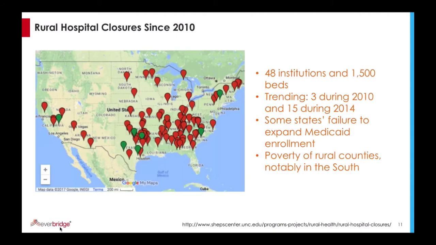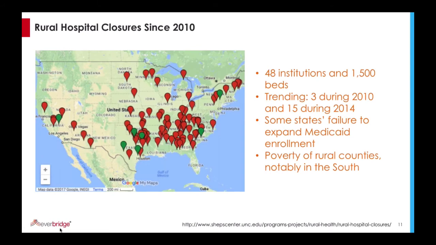However, they're difficult to maintain. About 48 institutions and 1,500 beds came offline since 2010, the first half of the current decade. The ones you see in red closed. The 7 or so that you see in green initially closed and have subsequently reopened. The span of reopening can be anywhere from a week for a physical problem up to 2 years, which is more often the case through a reorganization, re-ownership, or changes in the scope of service that is offered.